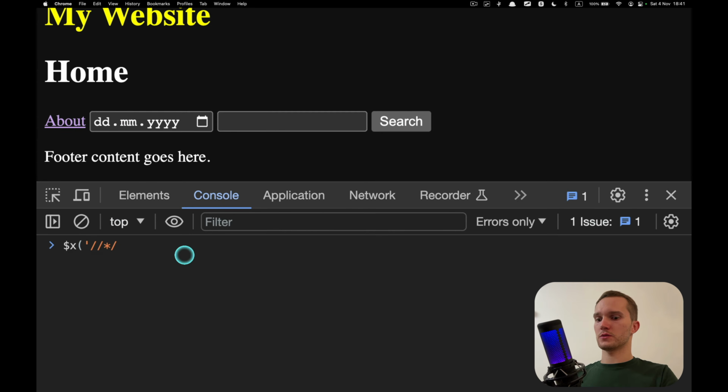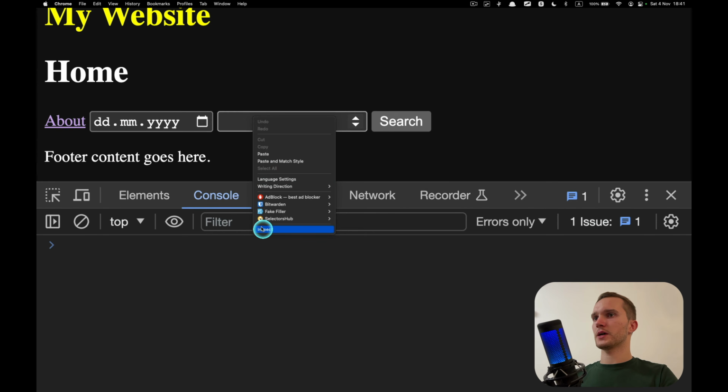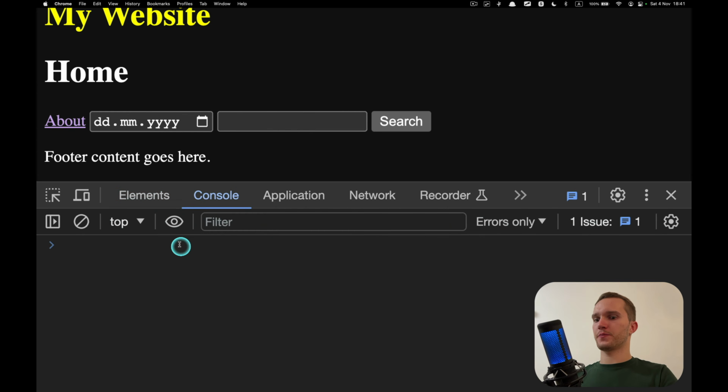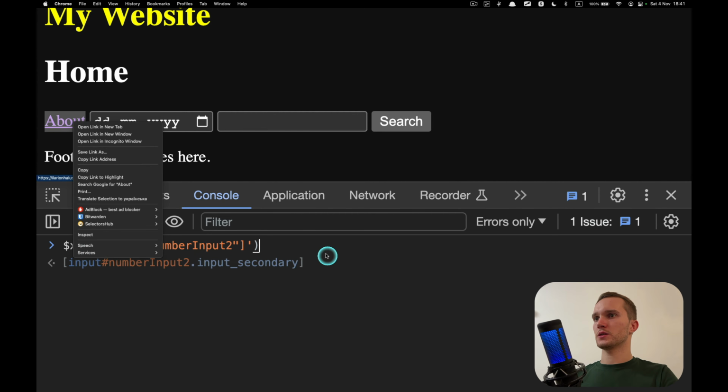All right, XPath again, XPath by attribute. Let's do something interesting here. Input, let's actually select from here, inspect, then copy XPath, boom, at ID number. Okay, I'll put it in single quotes. Okay, ID number. We just selected by ID. Okay, that works.